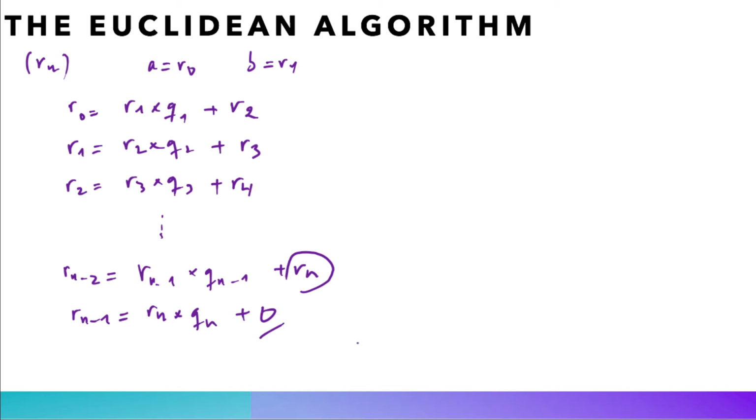And this is a beautiful and important consequence of the infinite descent of Fermat. So we would like to write Rn as a certain integer x times R0 plus another integer y times R1, which means x times A plus y times B. In order to do this, we first transform this equation and solve for R2 to find that R2 is equal to R0 minus